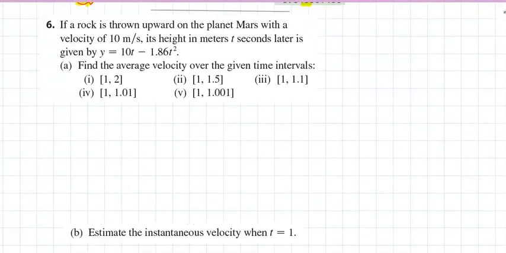Next problem: if a rock is thrown upwards on the planet Mars with a velocity of 10 meters per second, its height is given, so this is its height at any given time. Find the average velocity over the given interval. Given interval, this is like saying